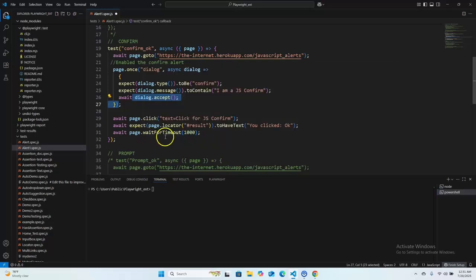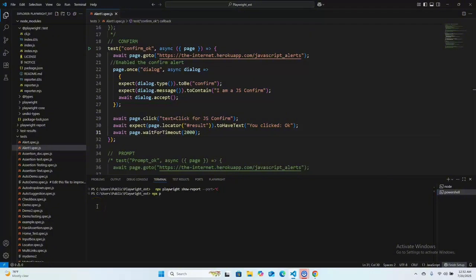and after that providing the wait, page dot wait for timeout. So I'm providing here how many seconds it will stay, the timeout. So let me give here 2000 millisecond. And now Control S. If you are doing any changes in your code, you need to always save your code. And after that, I'm just going to provide the, okay, this is not the correct one. Control C,